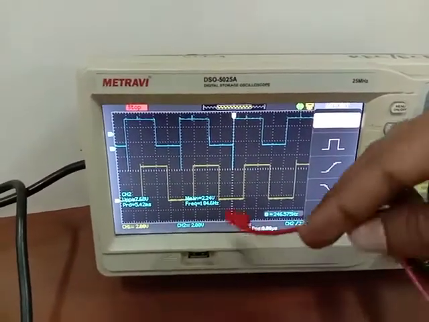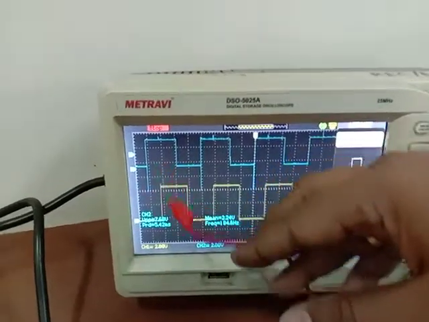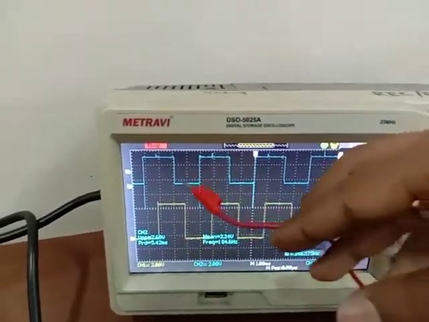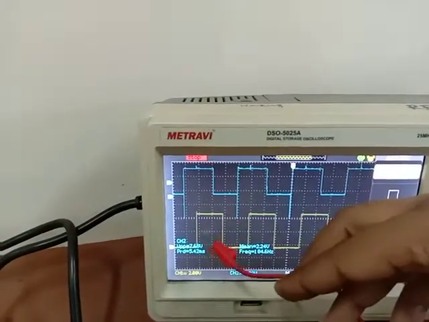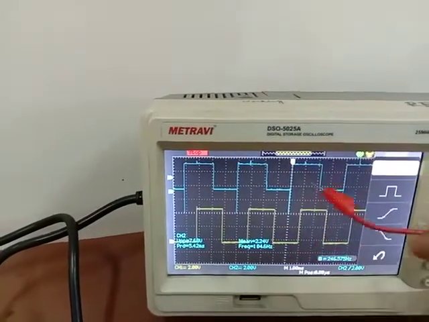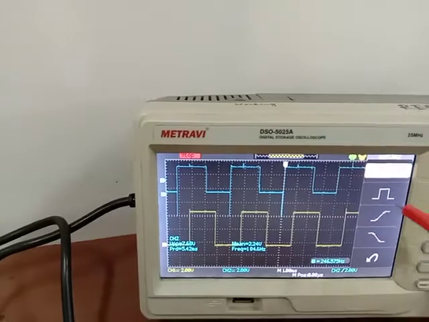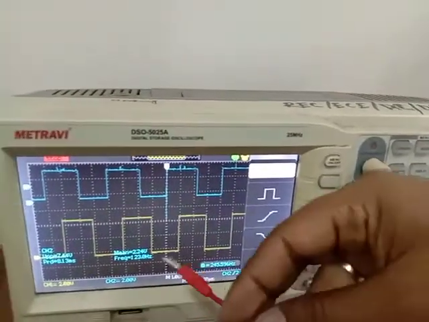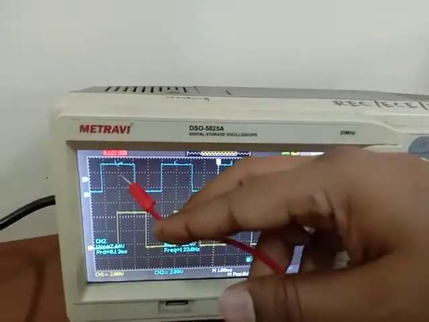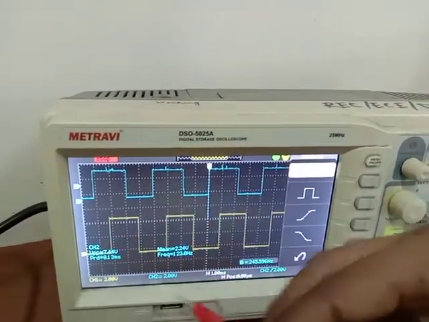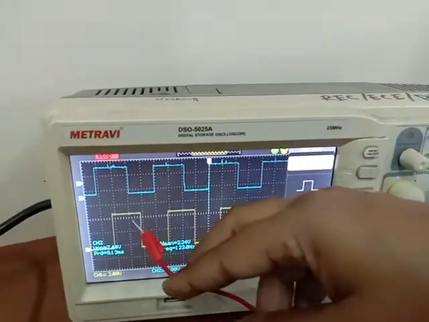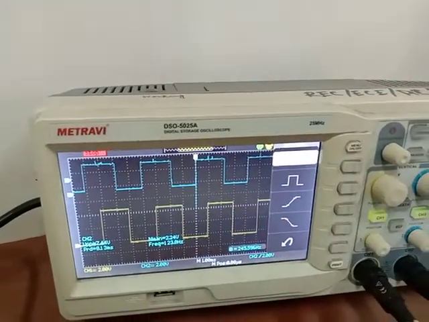In Manchester, we will get half of the positive output. That means when we give 1, half of this is positive output. You can see that in the position of 1 we get half positive and half negative, and in the position of 0 we will also get half positive and half negative.